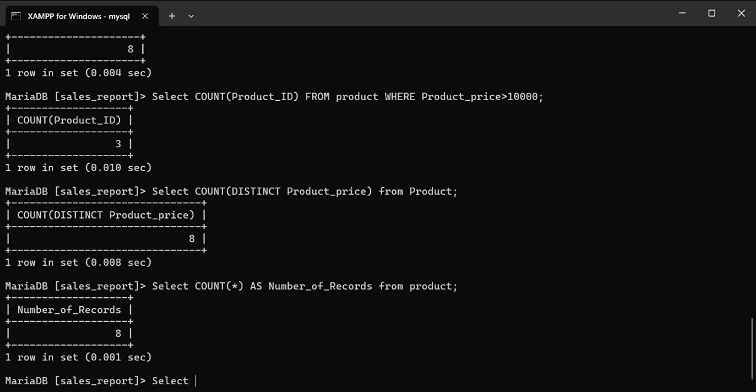So select count all records as number of records, and then we will still be using the supplier ID. It will be our basis for grouping from